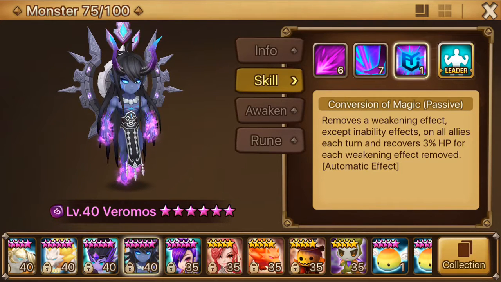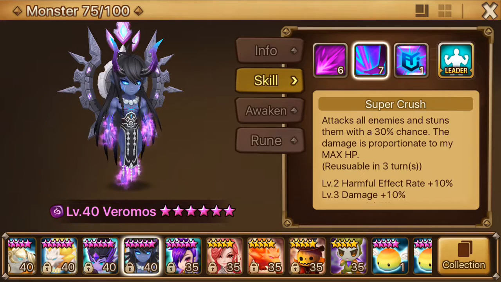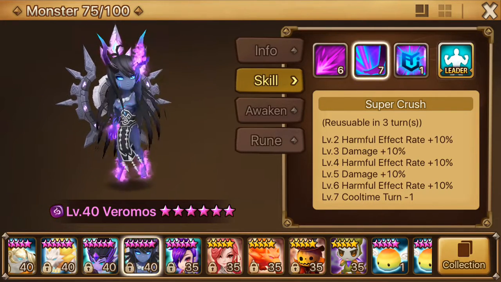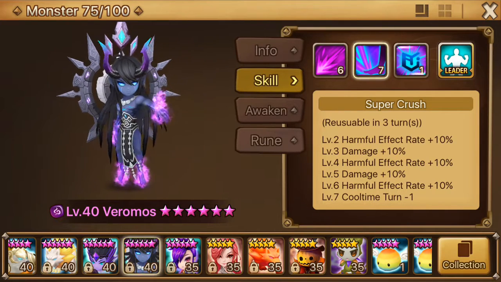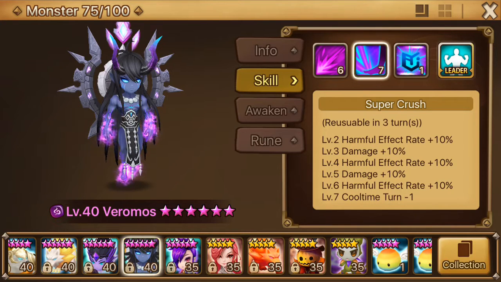Yeah, I mean, if any monster, you really, really need to max out his skills. It makes him twice as useful because his stun goes from a 30% chance to what, like a 60% chance to stun, and it's an AoE stun, and you don't even have to rune him Despair for it. So that is amazing. And it's reusable in 3 turns. Yeah, and so like my Veramos is probably one of the best rune monsters that I have, and I have him on